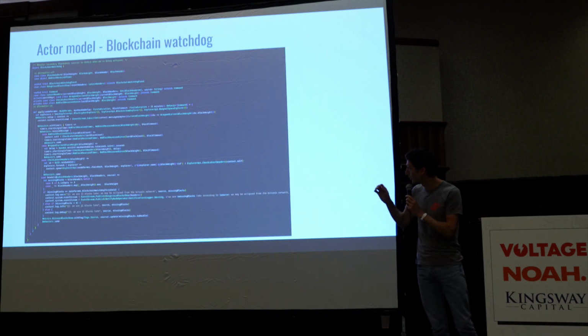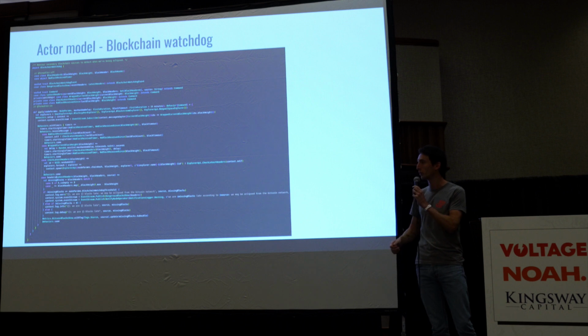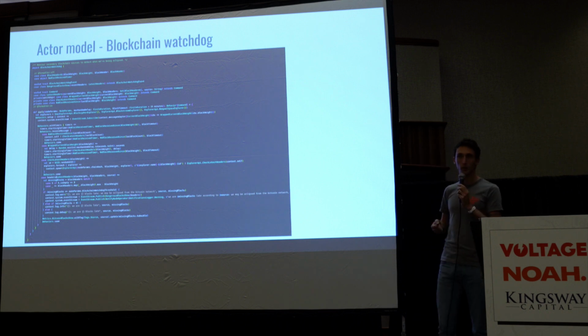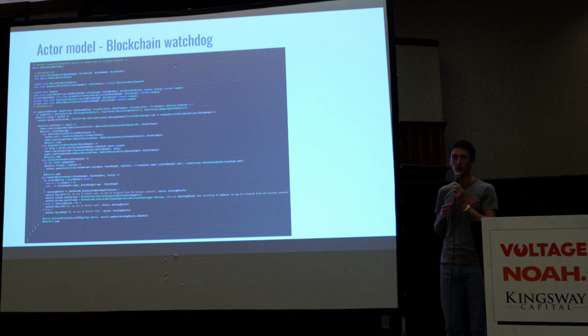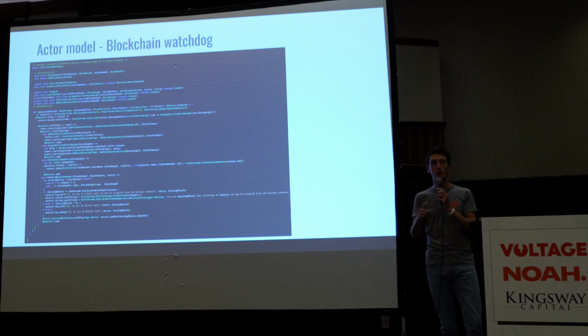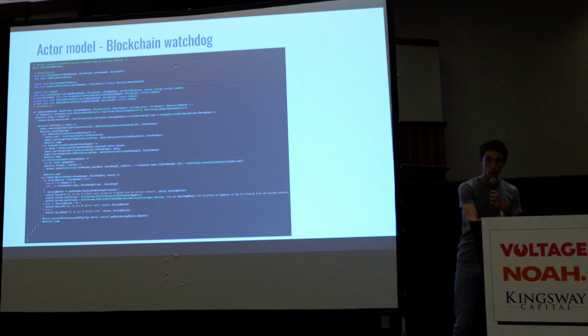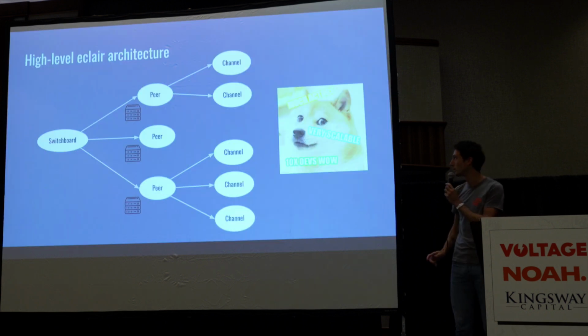So this is very briefly what an actor looks like. I don't think it's really interesting for this talk because we're not going to go into details on that. I didn't know how high level I should stay for this talk, and fortunately there's a live coding right after that where I'm going to do live coding on Eclair. So if you are interested in the gory details of exactly how these actors work in the code, just go to that event and we'll dive a bit more into it. But you can also just have a look at the code base and you will get a feel for what it looks like to see actors sending messages between each other.